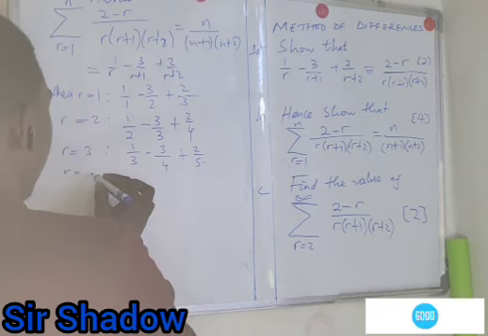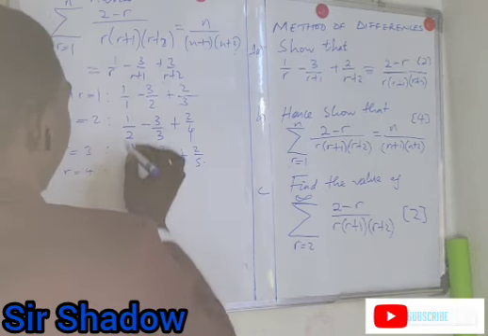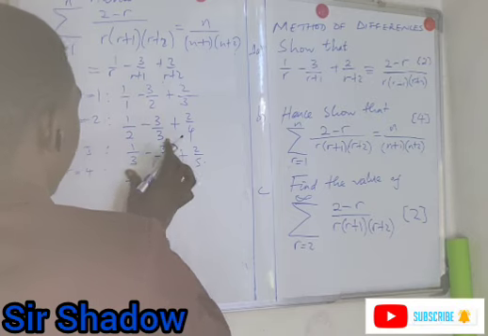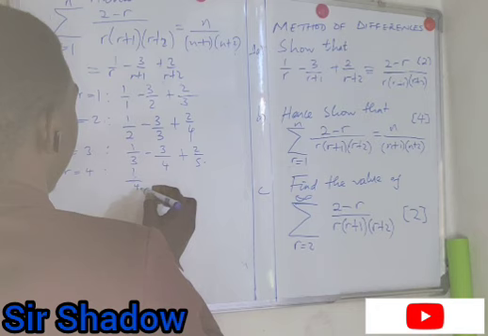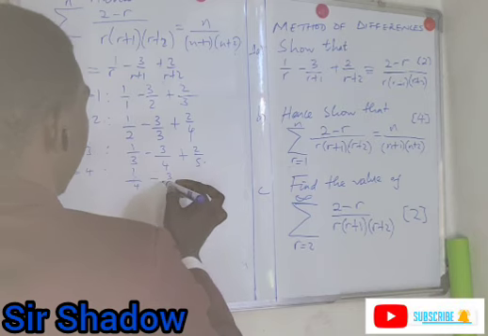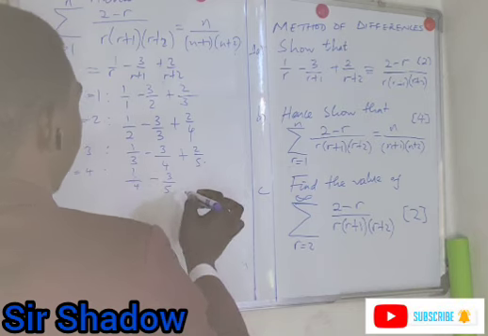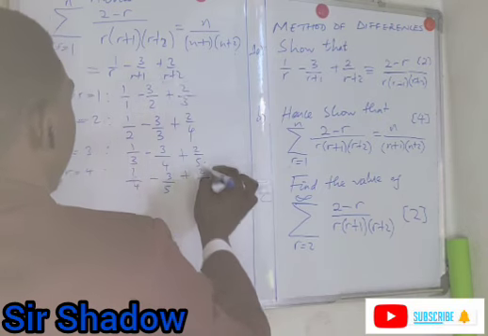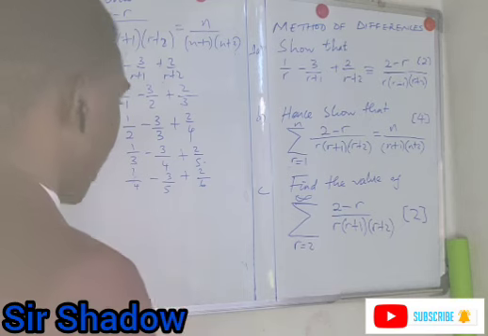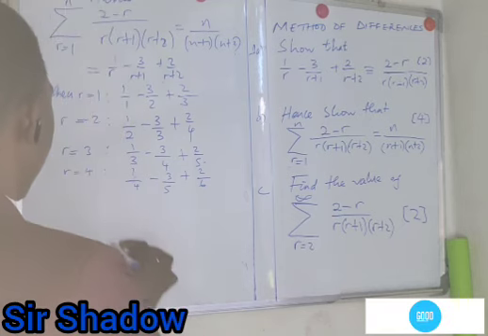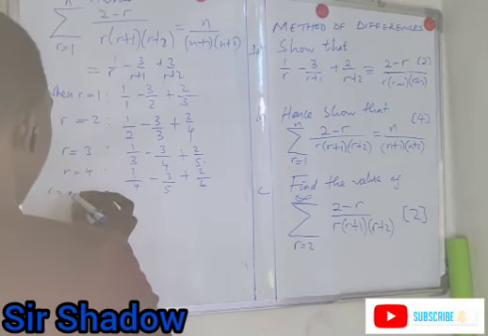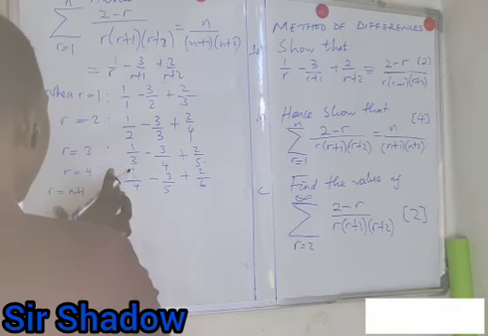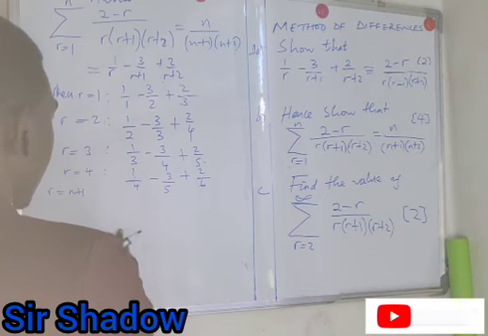When r is equals to 4, it becomes 1 over 4 minus 3 over 5 plus 2 over, substituting 4 here, 2 over 6, right? Then let's consider when r is equals to n plus 1. When r is equals to n plus,